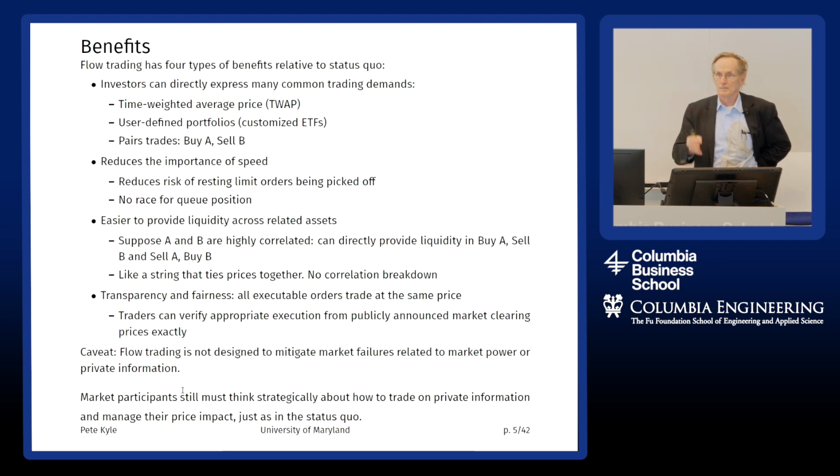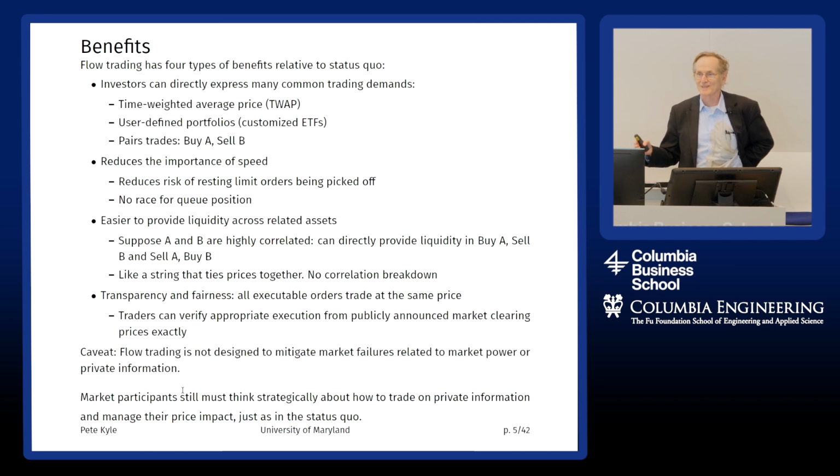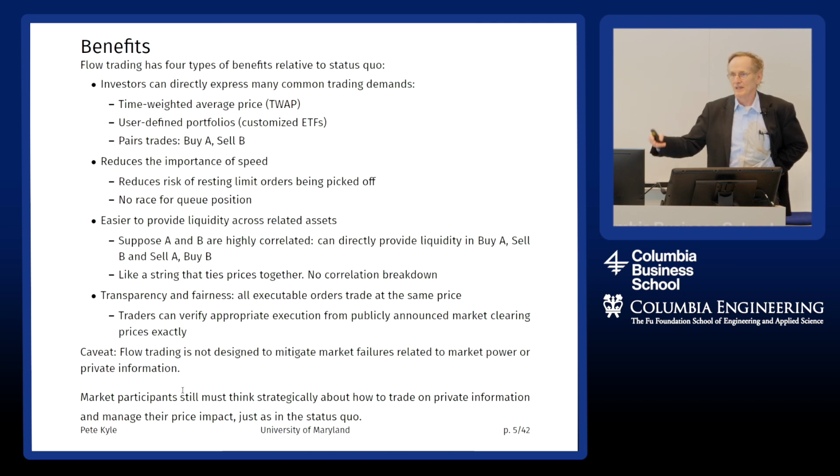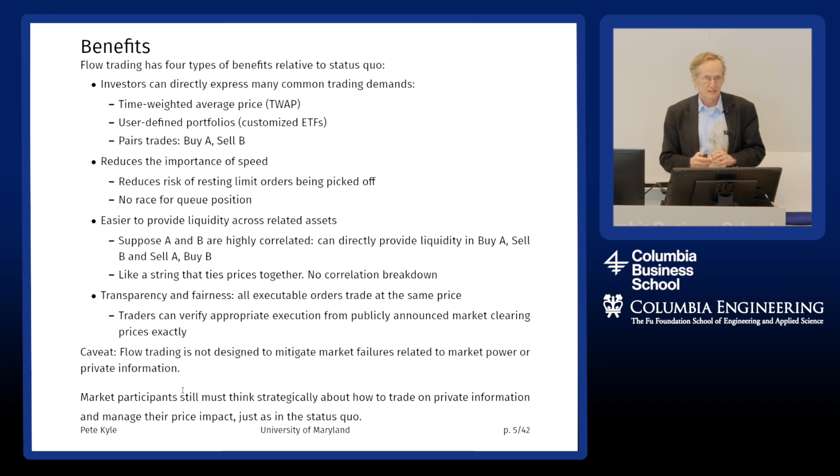Furthermore, we're going to be revealing information, the prices and quantities of each auction. It's a limited, reasonable amount of information that everybody can get at the same time, so there's a certain amount of transparency there. Caveat is that we're not trying to correct market failures here. Whatever the underlying economic equilibrium is, we're trying to implement it in a less costly manner operationally than the way it's traditionally implemented.